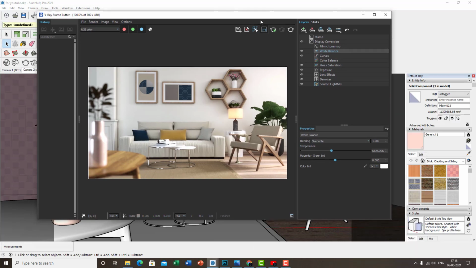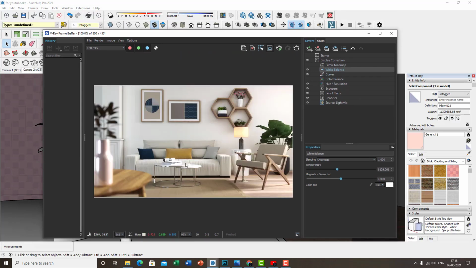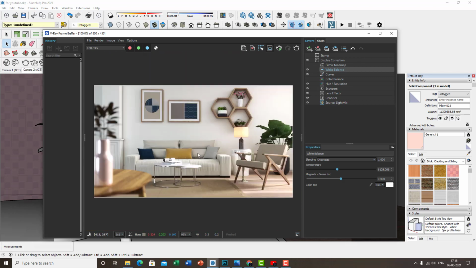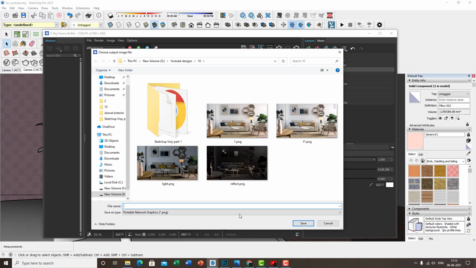So the render is done finally, and let me just show you a few things why Photoshop is required actually. As you can see, the pillars over here don't stand out exactly, the velvet texture on them, and then a bit of reflection is required as well. So let's take this to Photoshop. It's the same tweaking that I showed you earlier on, and let's save the maps. Remember, we saved the render elements, so let's save the maps separately. So take the effects result from the drop down, save that as, let's create a folder actually,